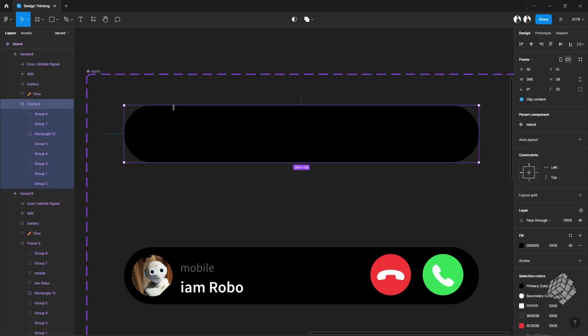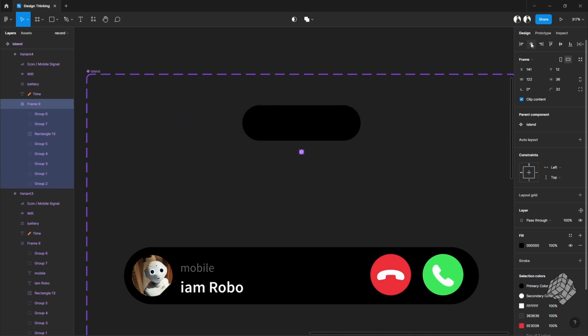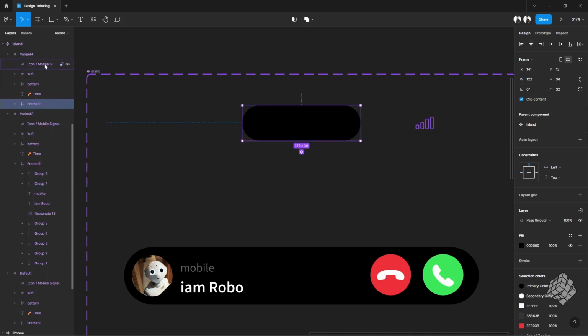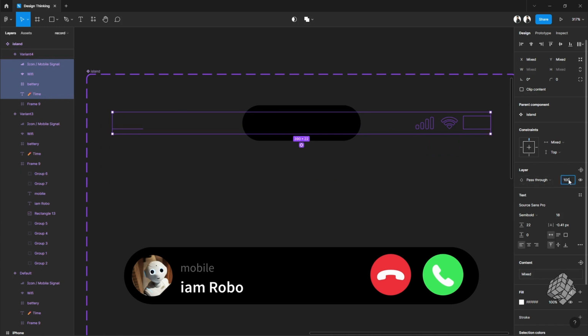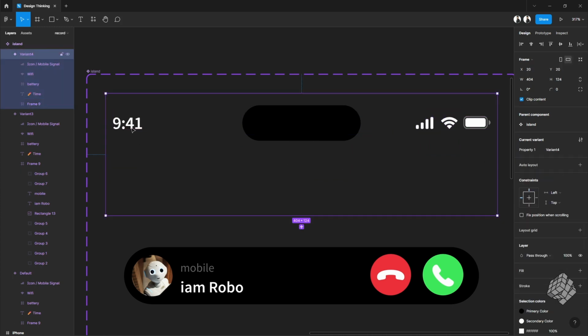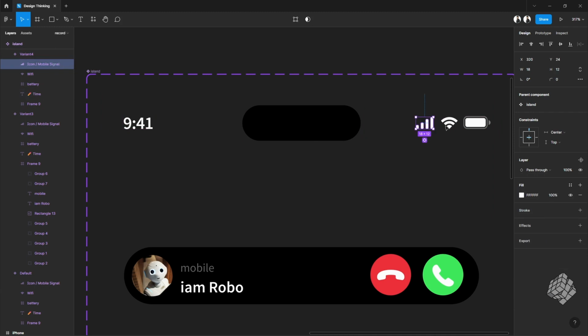So finally, I'll make the island smaller again, and width as well. I'll center it, and step by step I'll also bring back the icons and the time,